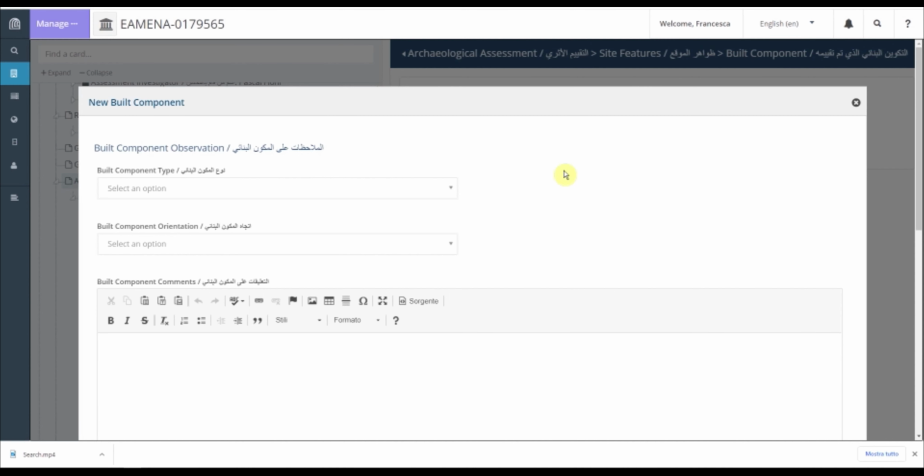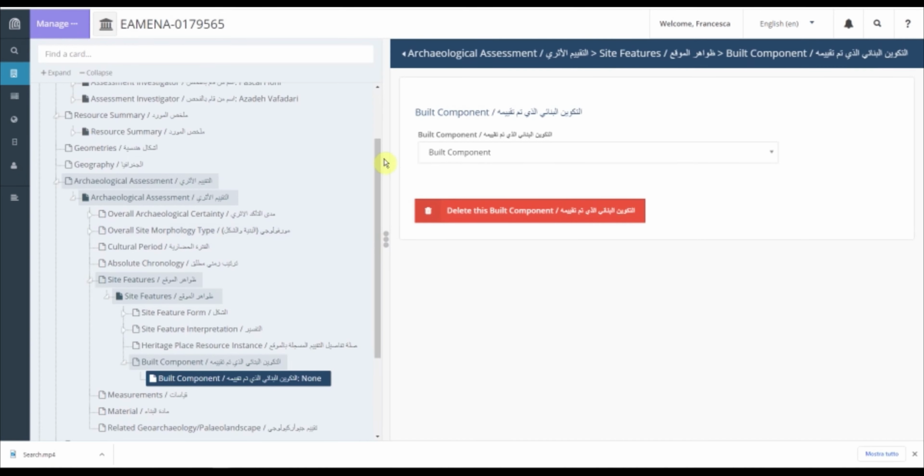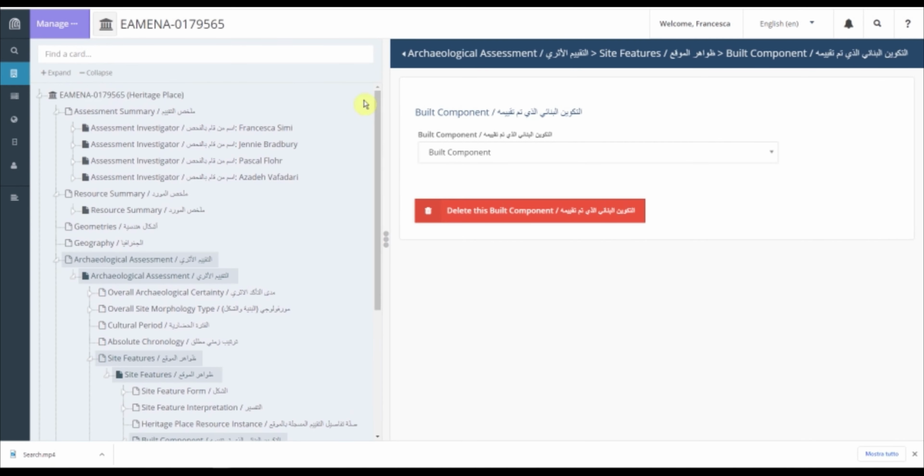So in this case, we are going to record a new build component starting from an already existing heritage place. As you can see here, we have already a record of a heritage place.